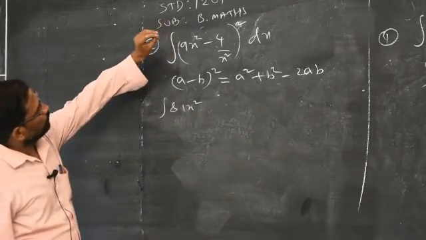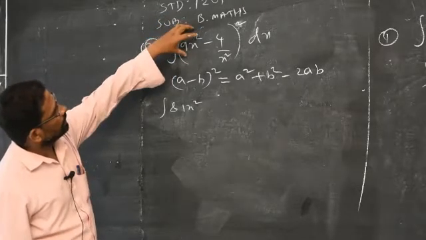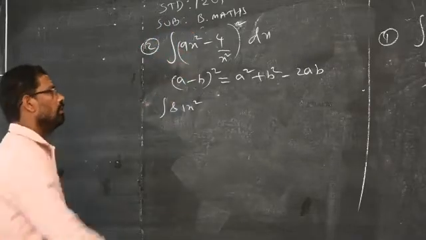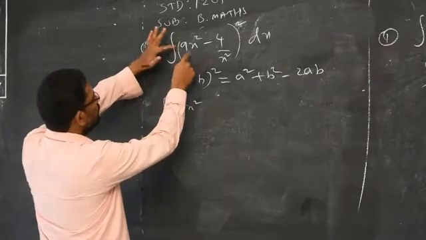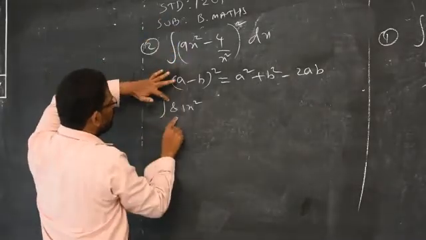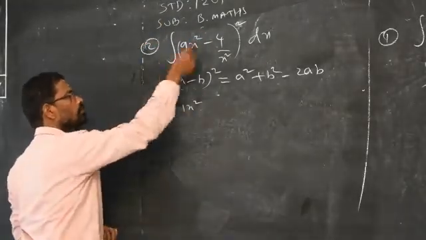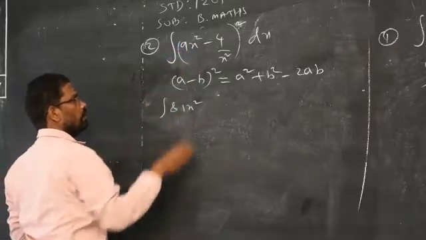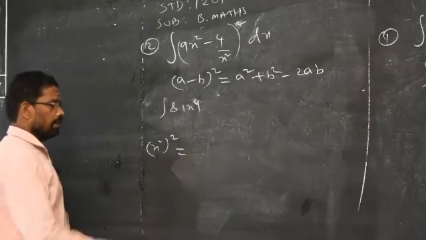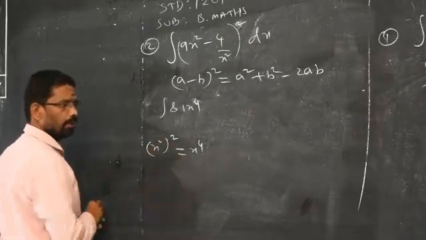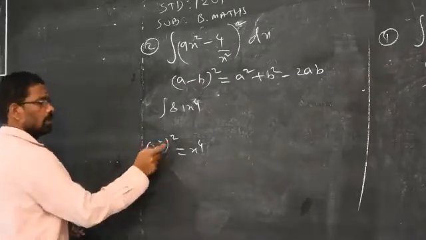If I ask you to square a term, you see whether the term consists of a factor or not. Here we have two factors, 9 and x square. So when you square this one, immediately most of you square only the number, and you never disturb the x square. This is wrong. You have to square each factor. 9 square is 81, x square is x power 4, because x square whole square. Basic algebra, power to power you have to multiply, 2 twos are 4. This you learned in the lower class, 7th standard. So just recollect, 2 twos are 4, x power 4.